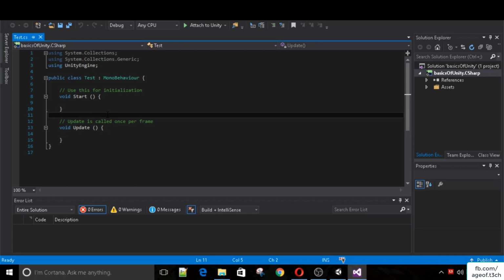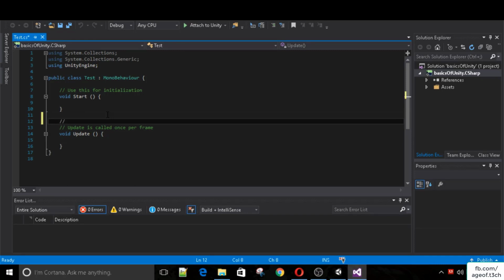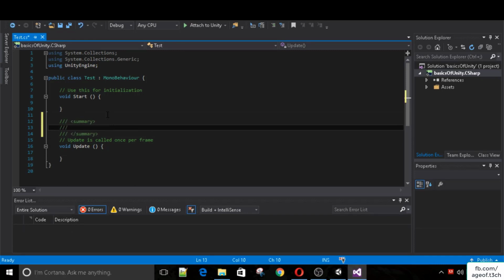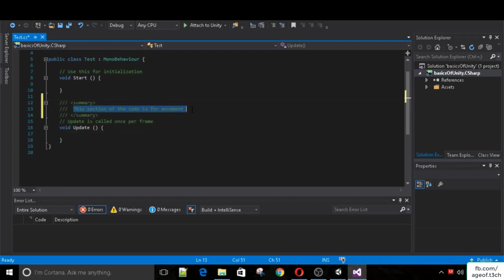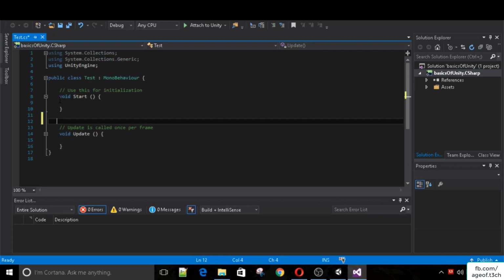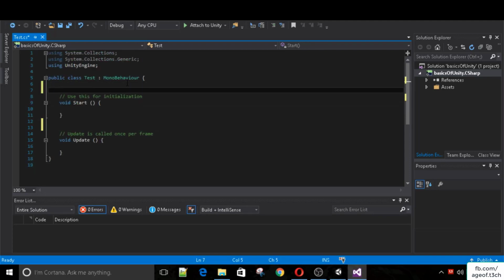We can add comments by doing these double slashes, and I can say this section of the code is for movement or things like that. And when somebody looks at my code, they can read the comment and say, ah, this is for movement, and it's easier to read. So to start off, the 3 basic data types that we have in C# are going to be